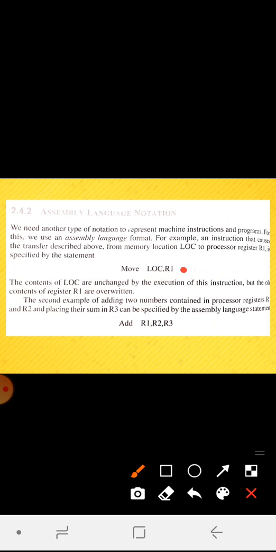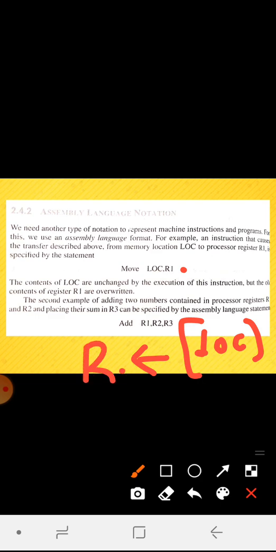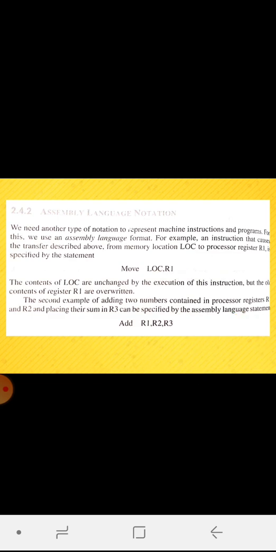In the previous case, when we used register transfer notation, you can see the representation was LOC put in the square bracket. The same thing now we are writing in assembly language. So in assembly language we are saying move the content which is present in LOC to R1.